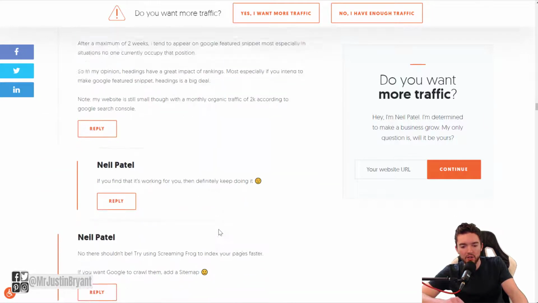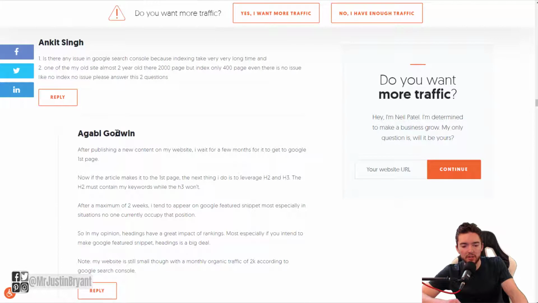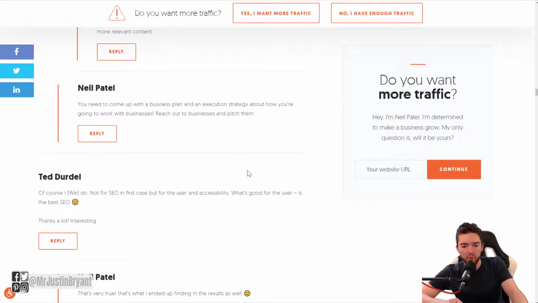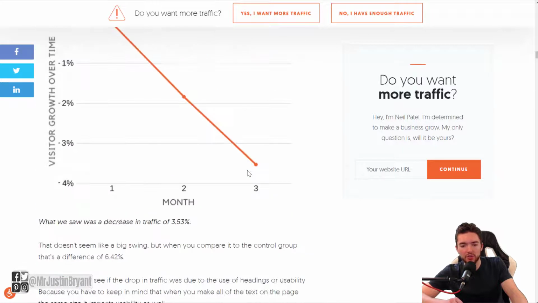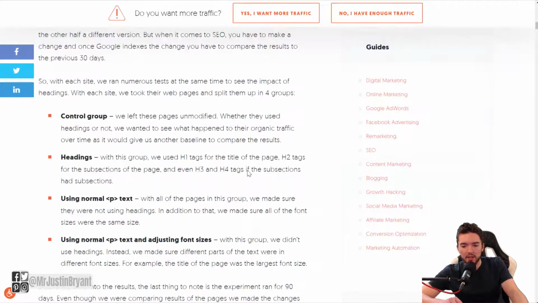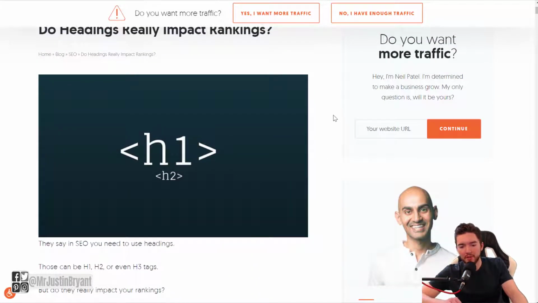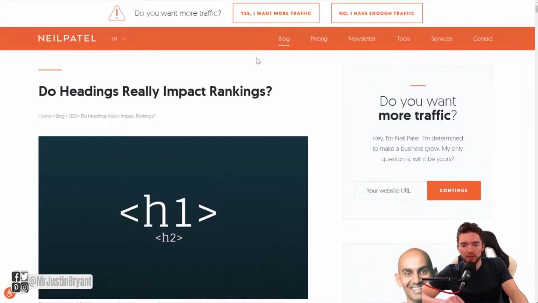So a lot of good comments on here, and then a lot of times you can go to people's websites. It looks like that's not really enabled on this website, but sometimes you can go to the person's website after you see their comment. If you click on their name, it'll go to maybe their own blog or something.